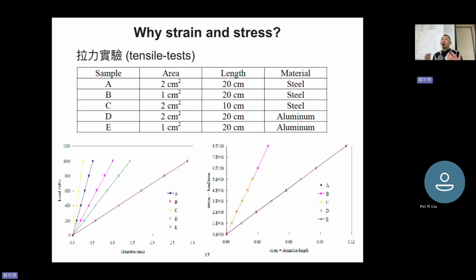Why? When we were in senior high school, we used displacement and force, right? You apply a force, you move an object, and there is a displacement. So this sounds okay, right? Displacement and force is actually okay. Why do we use strain and stress? The reason is that